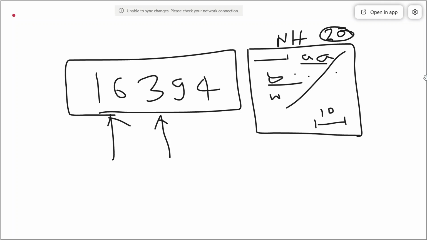But yes, how much of a hole is going to be created and how many blocks are going to be occupied completely depends upon the file system. If you give the size of the hole as 16394 and create such a hole, then it may have no impact. That depends upon the size of a block, that is, how many blocks are going to be occupied. So you do different experiments and try to learn.